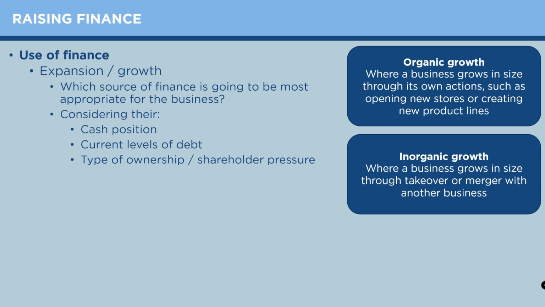Types of ownership comes up in theme 1 in terms of private limited companies, sole traders, partnerships, etc. However, liability comes up in theme 2, and so there's plenty of links between all of these different areas. So share capital, for example, is only available for limited companies and more readily available for public limited companies. But also in theme 3, we look at shareholder pressure and the impact of shareholders and their influence on objectives,